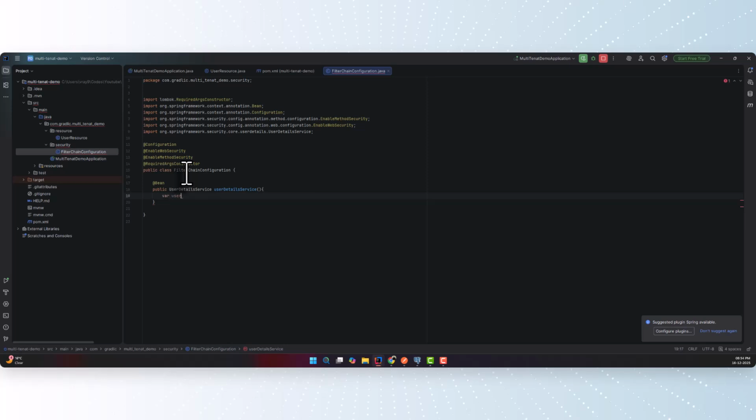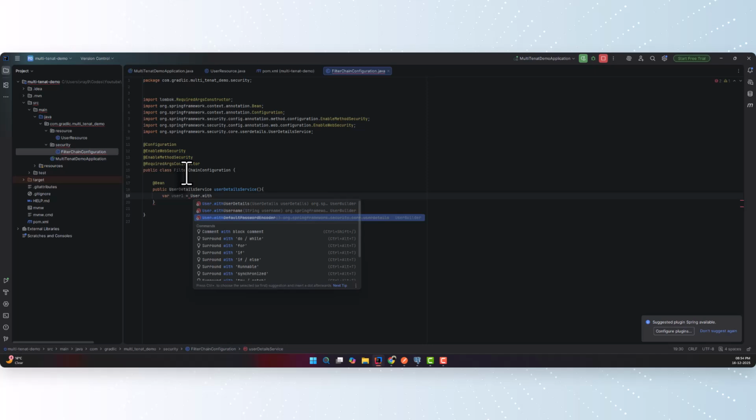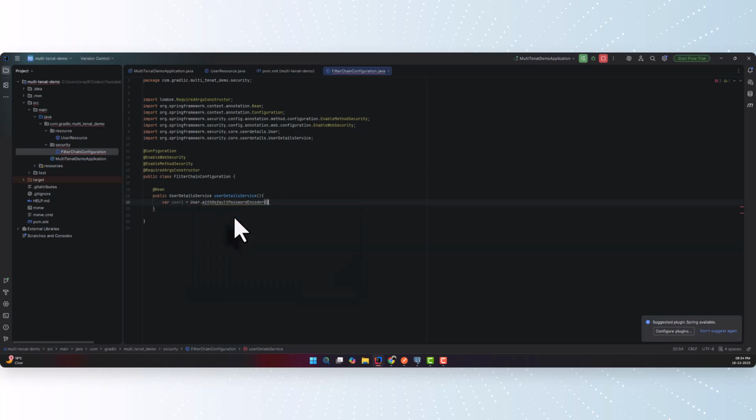Let's say I have created user 1 with, this is kind of obsolete, so we cannot make use of the default password encoder. If you make use of this default password encoder, in that case it will not make use of any password encoder. So for now, for testing purposes, for the sake of knowledge, I will override this class, sorry, this method,